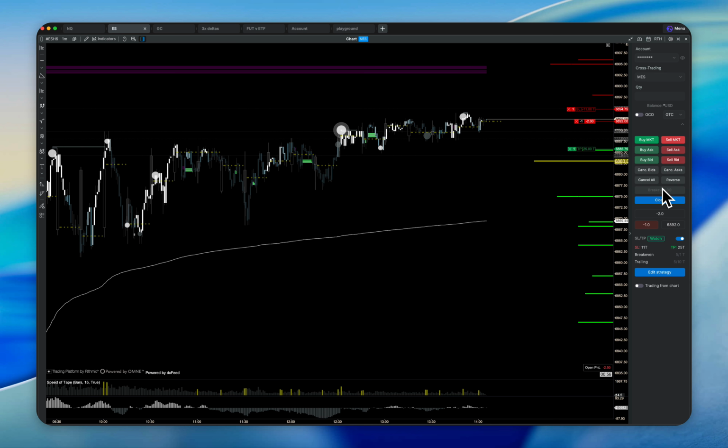So before this was, I think you can move it to break even once you're in profit. So once you're in profit, this button will highlight and then it can actually hit you. It'll move your stop to break even. And then what's cool about it is even as you add, it will still continue. Yeah, you see it flashing here as you get into profit. So even as you add into the position while you're in profit, it'll actually move your stop to break even,